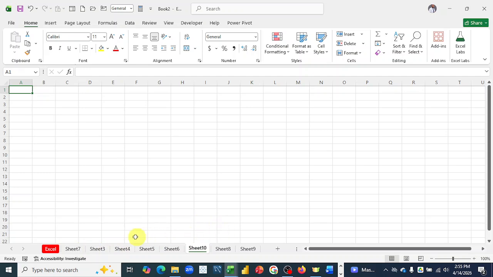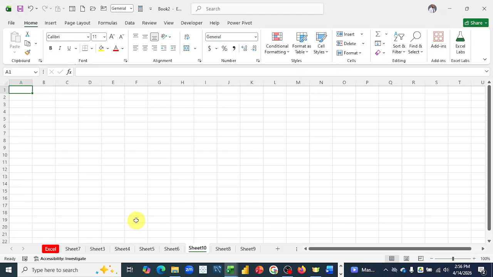Now let's say we want it to be arranged accordingly. What we can just do is to rearrange it. How do we do this? Now first and foremost, if you want to have 2 copies of a sheet,